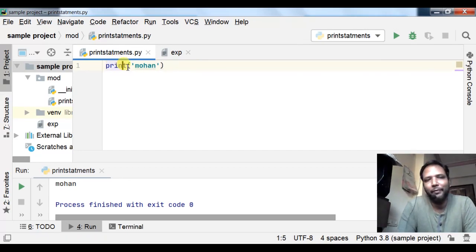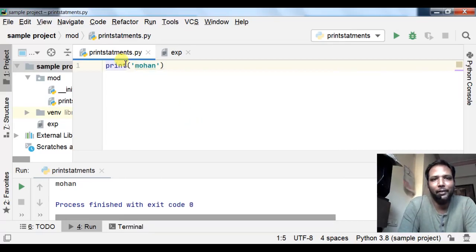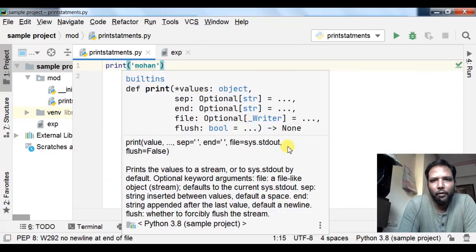It is a feature given by PyCharm. And see here, it does not return any value. None means it does not return any value, because it is a print function, so obviously it will not return any value. You will learn much more about this print method.